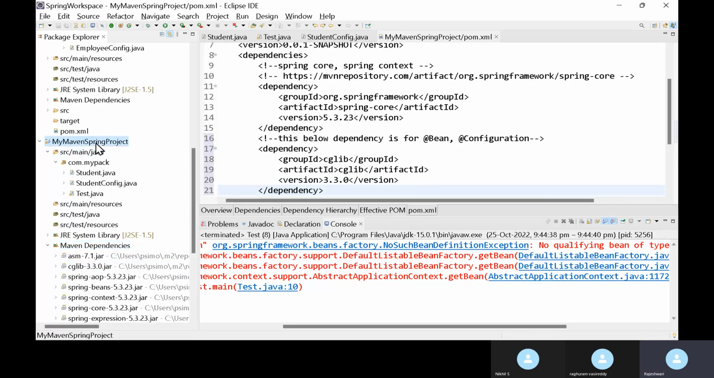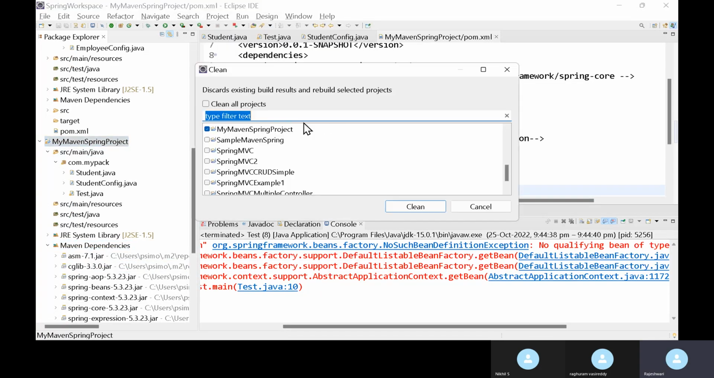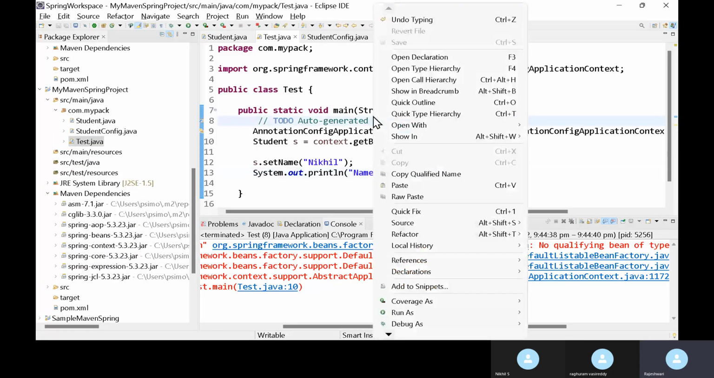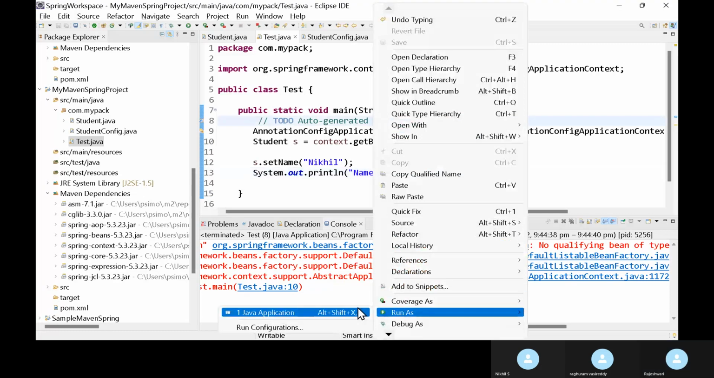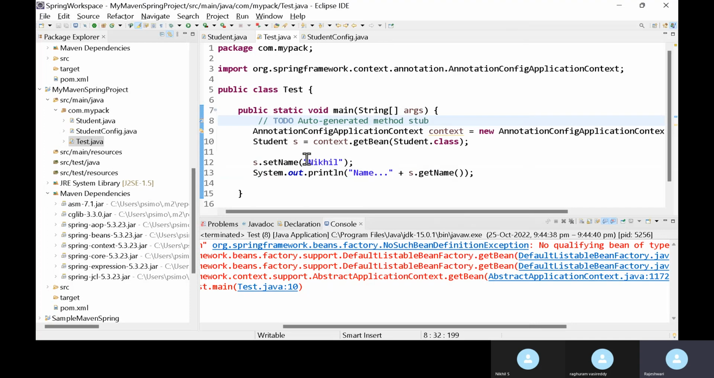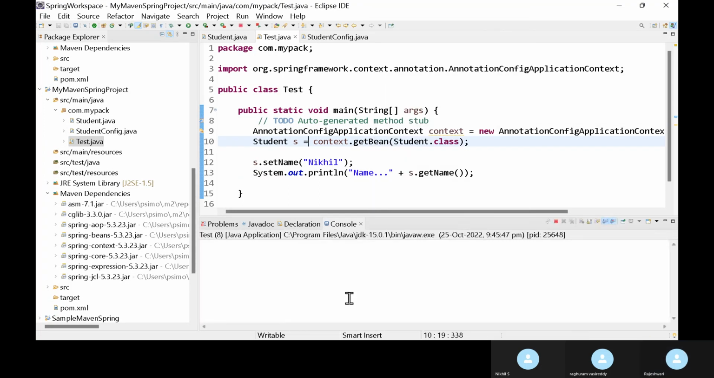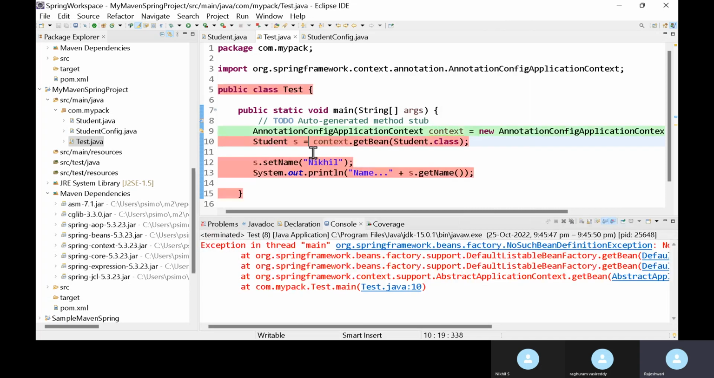Okay. Let me just clean the project. It will just do a clean of the project. Refresh the project. Then we will try to execute. I think I have to cast it here. I will just check. Hold on. Okay, just hold on. I think I have to cast it here at this point. Student, I have to cast it, and then one more thing what I have to do is